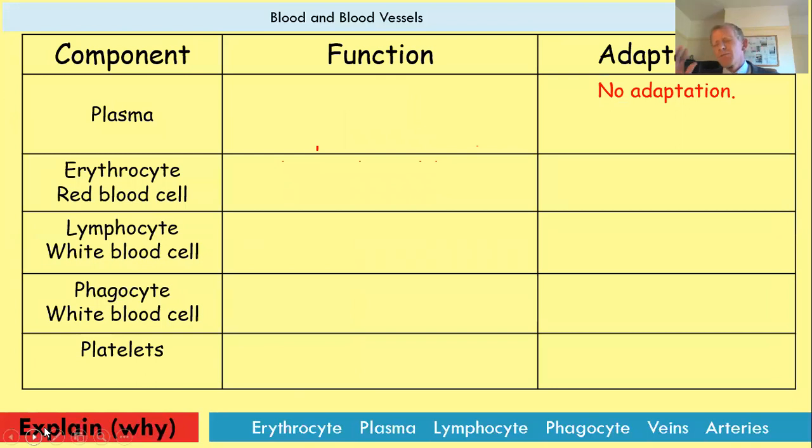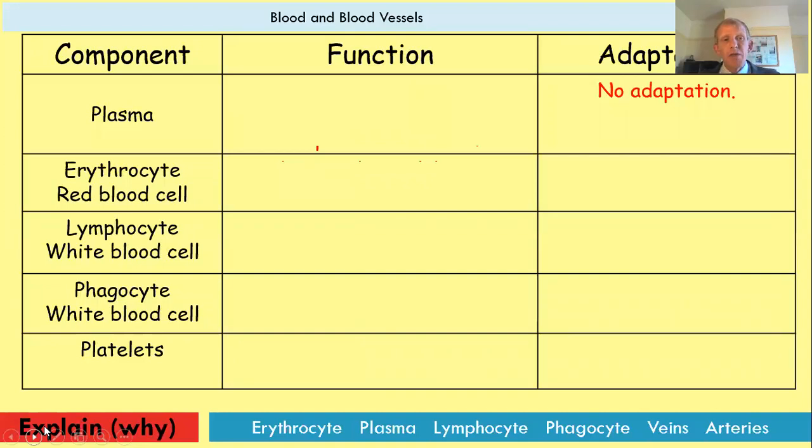So guys, I've realised that I've just thrown loads of facts at you, and what I want you to try and do now, if you can, is to try and recall those facts and put them into this table that I'm showing on the screen here. So if you can, pause the video now and draw out a table like this one, and then fill in the function and the adaptation for each of the 5 components